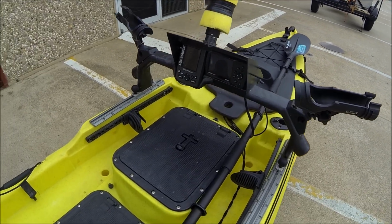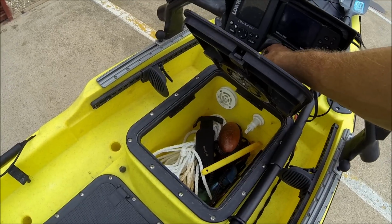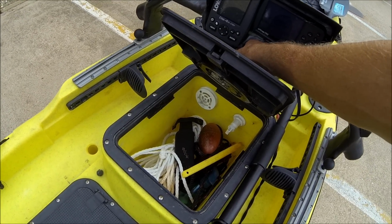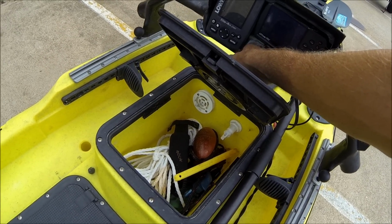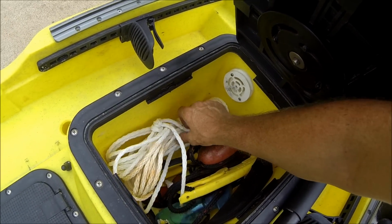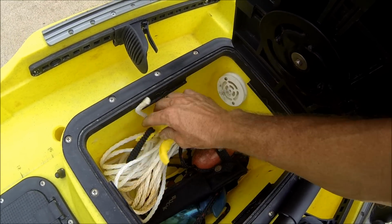And then moving on, in here I've got the multi-use hatch, and at the moment I've got everything thrown in there. I tend to throw a lot of stuff in here. I do have the live well options set up, so I can use this as a live well also if I want to. But right now I've got my anchor, I've got extra anchor line, pliers, got the fish grip,